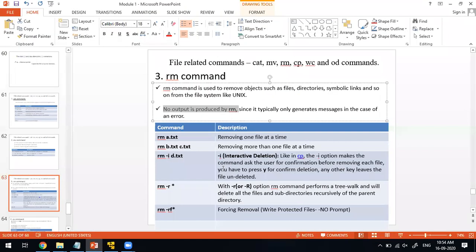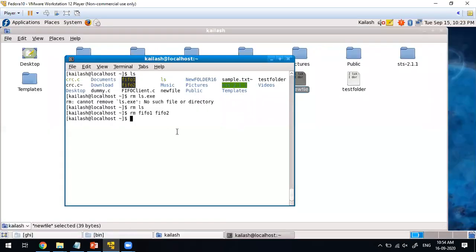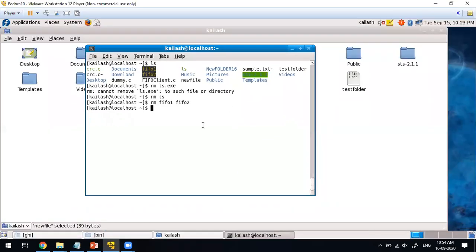In the front end, if you do this kind of operation, it will prompt you for confirmation of deletion. If you want to enable that, you have to use -i. If you give rm -i filename, then it will ask you for the prompt. Now there is a file called test folder. rm -i test folder.